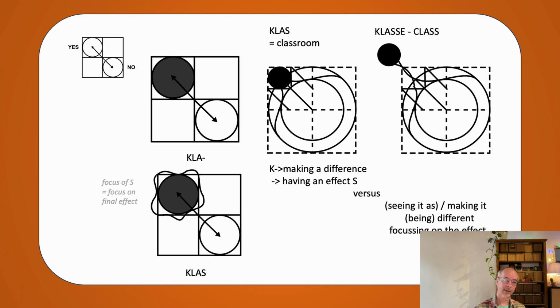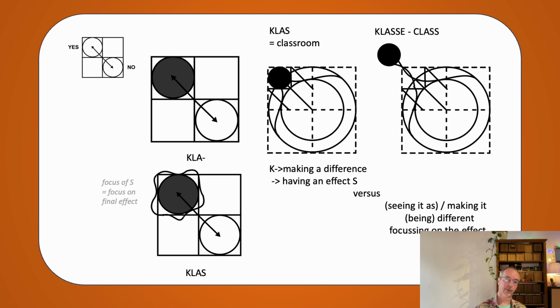So the kla is our starting point, and klas, the S, will be the effect that we'll have at the end. So we will have a distinction between an object that we make a distinction with because of the effect that it can have. Class translated to English is classroom,